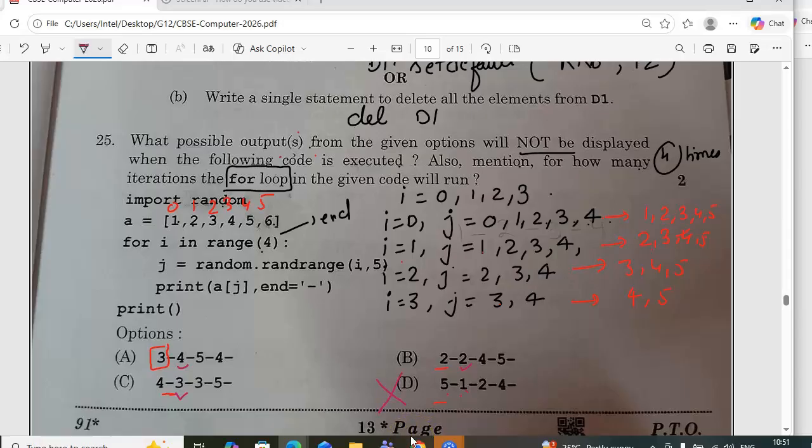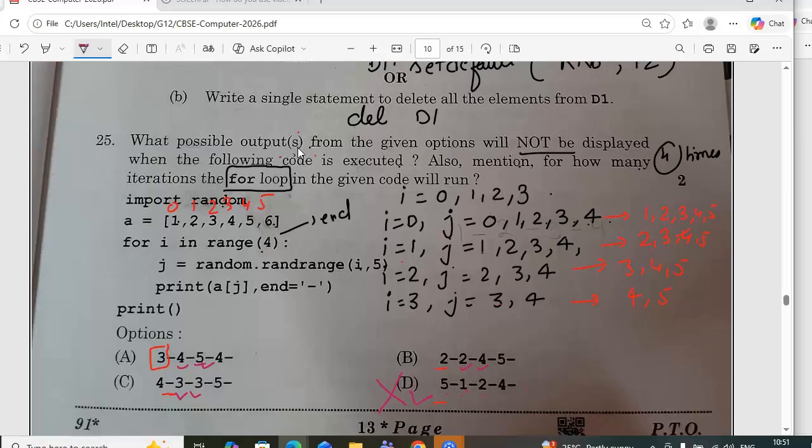Now more than one option is also possible. Now the output is written. Now you check for the third one. So the third value is 3, 4, 5. 5 is fine, 4 is fine, 3 is fine. And 3, 4, 5. So 2 is not fine. 2 is wrong again. And then for the last one, 4, 5, 5, 4. That's correct only.